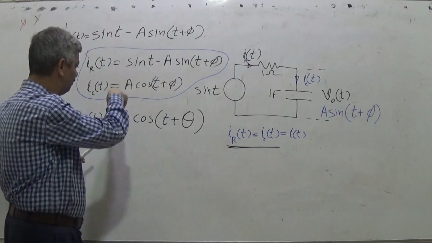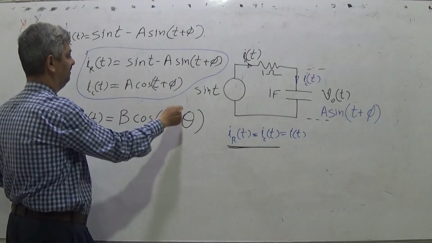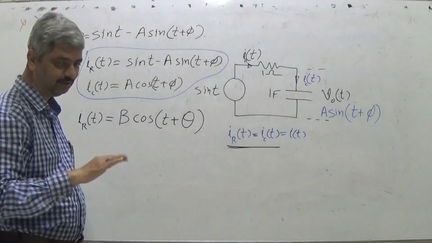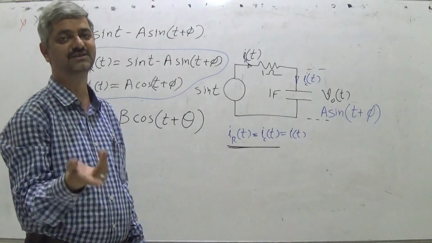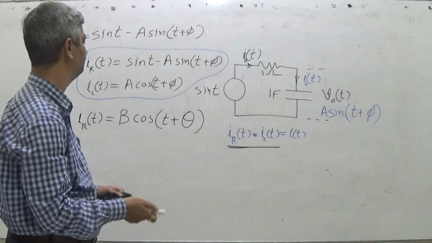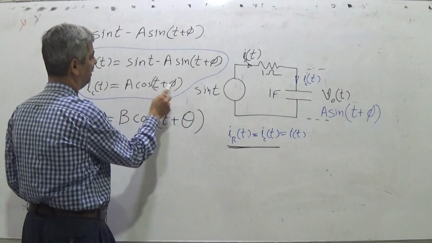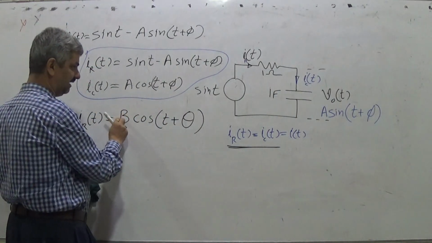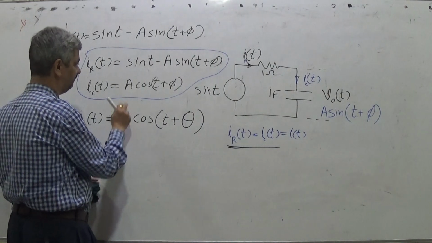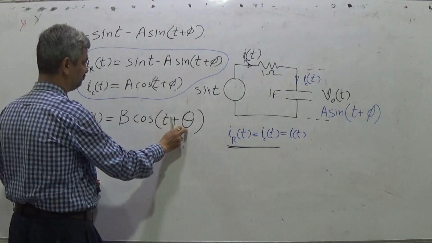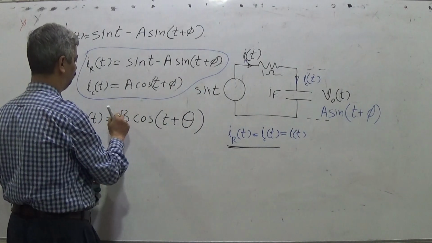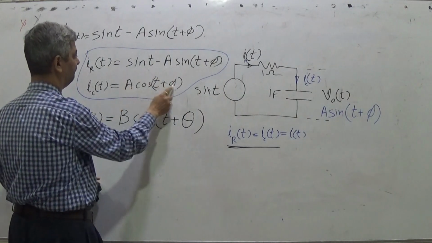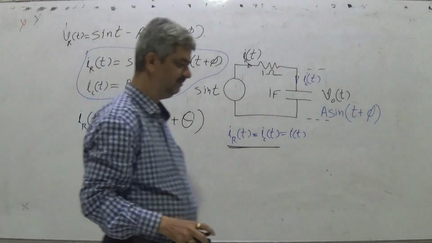So you can equate these two. So b equal to a, theta equal to phi, and doing that you get two equations. What are the two unknowns? A and phi are unknown. You get two equations. B is something as a function of a and phi, and theta is also a function of a and phi. So you have two equations. These two must be equal. Two unknowns, a and phi, and you can find a and phi.